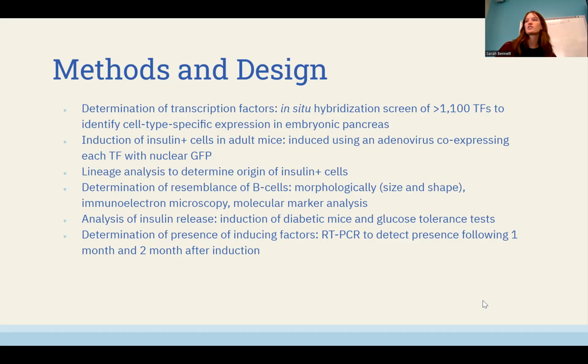And then the induction of the insulin plus cells in adult mice was done by using an adenovirus co-expressing each transcription factor with nuclear GFP. I'll throw a question out there. Why would they use an adenovirus? It's a little more complex, but